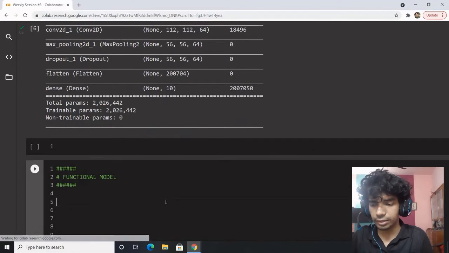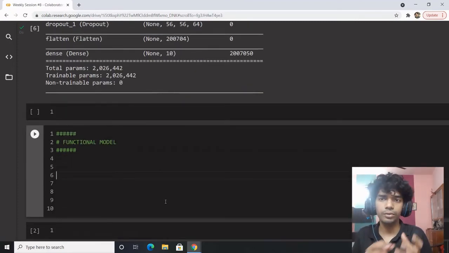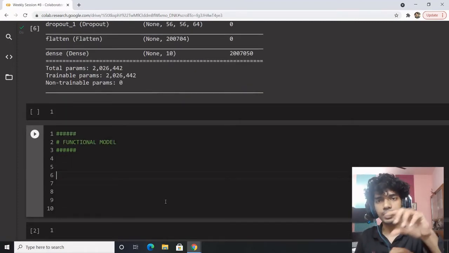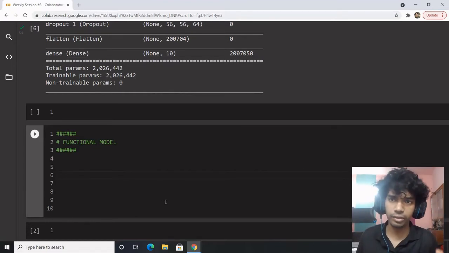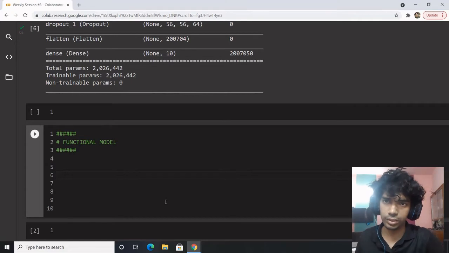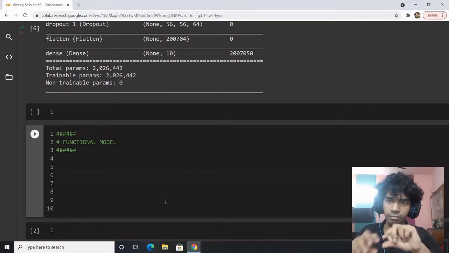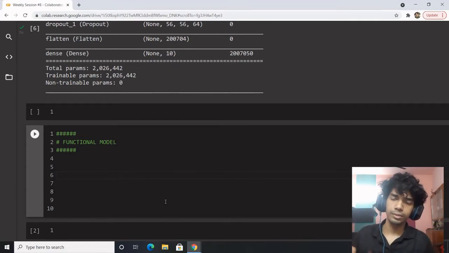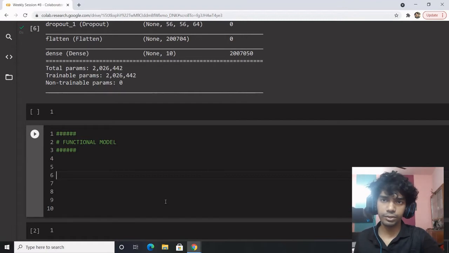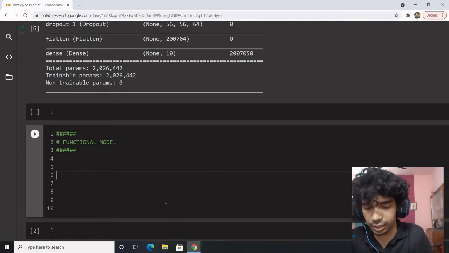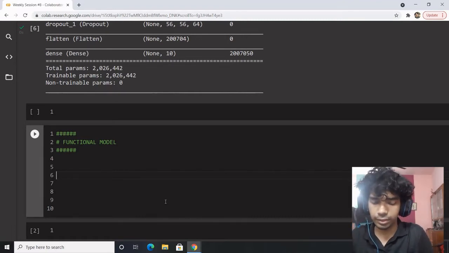Now let's try to achieve the same model with the help of the Functional API. In the functional model, you define the layers and you keep connecting them. In the Sequential API, we were defining the model in sequence: this was the layer, this was the layer, this was the layer. Here you define a layer and you call the previous layer as a function of it, either the inputs or the previous layer. The first layer is a fixed input layer.